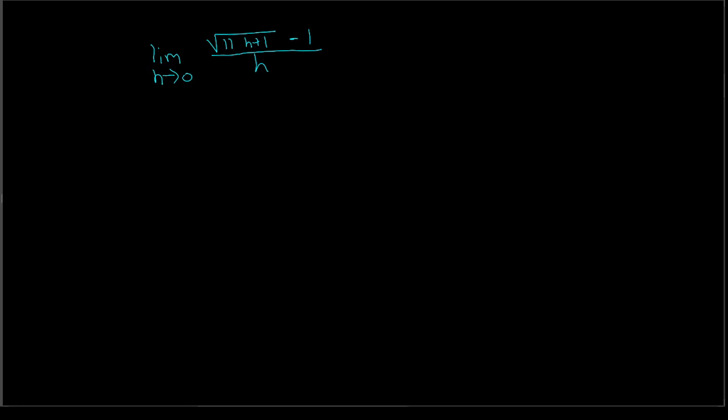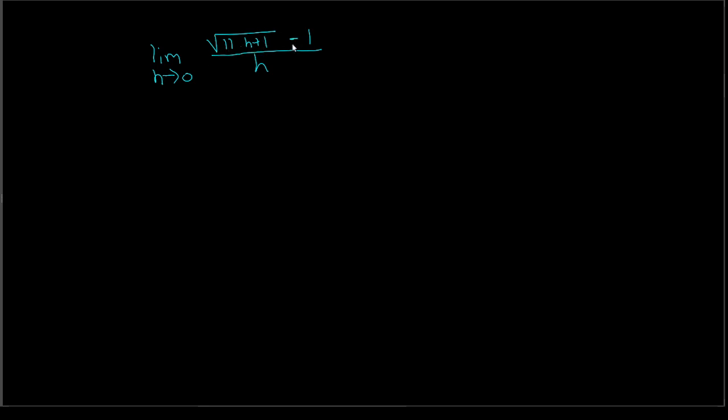Alright, what we're going to do here is look at this limit problem. We're going to use a conjugate to help clear what's within the square roots, and that'll help us then factor out h's. So let's come here, and we have the limit as h goes to 0 of the square root of